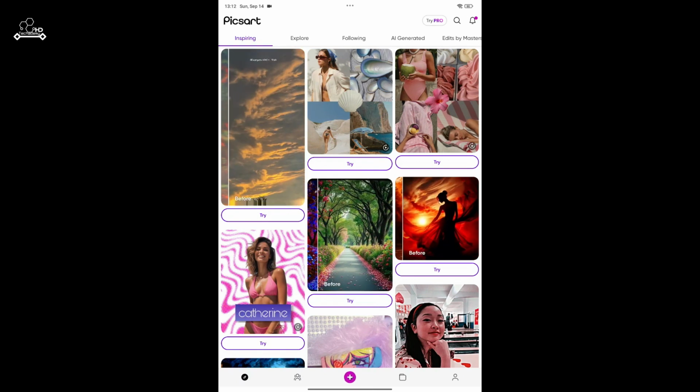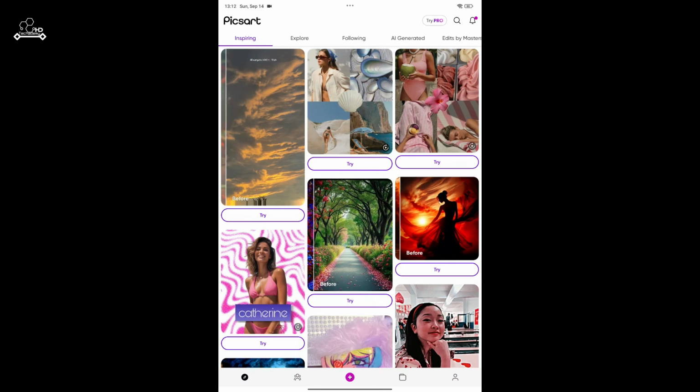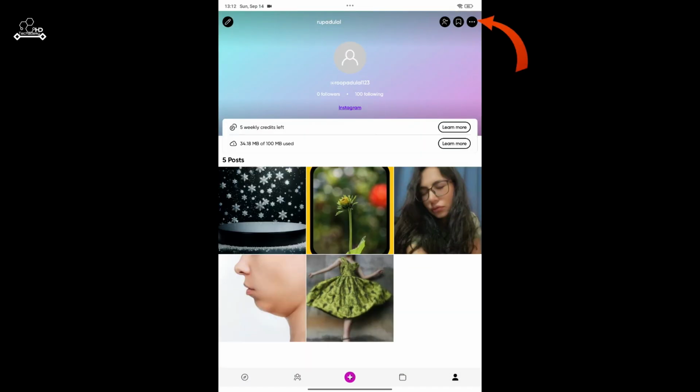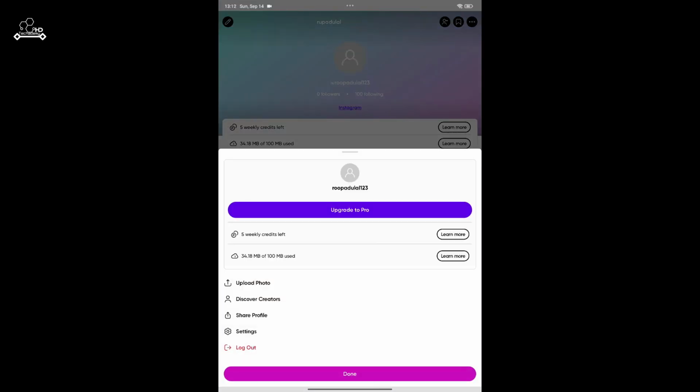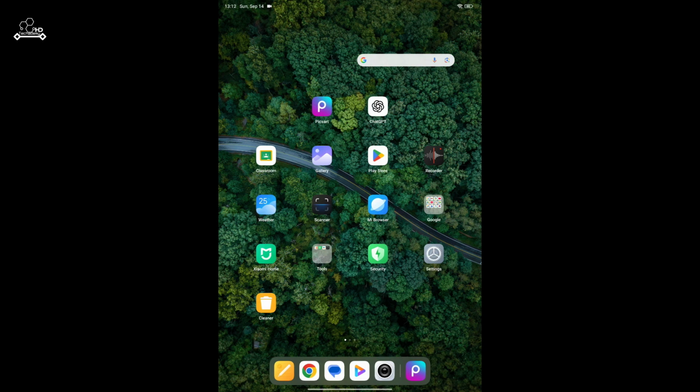to log out of your account, click on the profile icon or the human icon at the bottom right corner. Now, click the three dots at the top right corner from your profile page. There you will be able to see several different menus in the pop-up. Go ahead and look for Logout at the bottom and tap on that. In the pop-up, click Yes, and you will then be able to log out of your PicsArt application just like